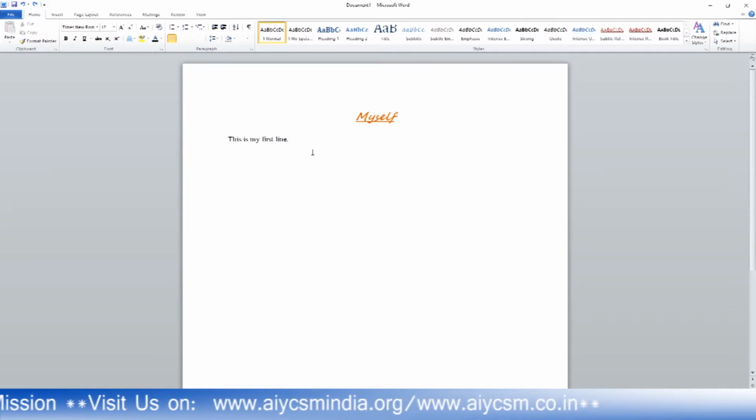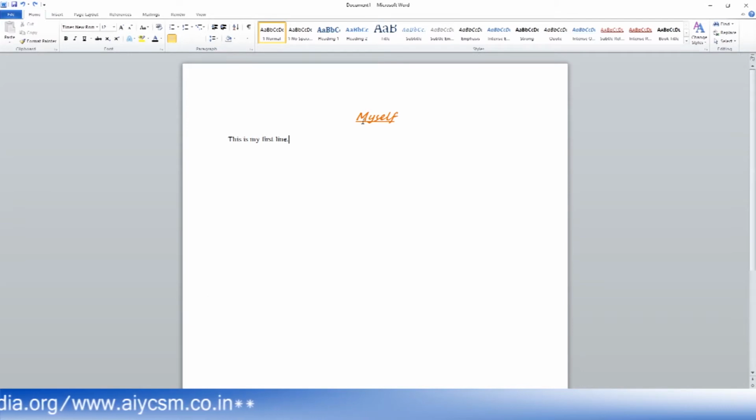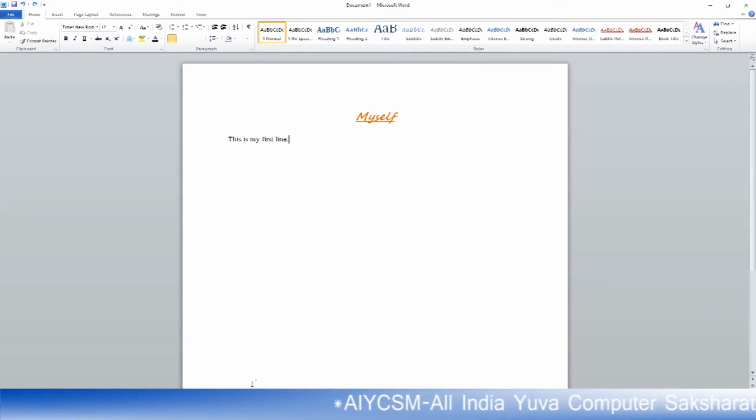So this is how the different applications work. From there you can see you have one page, you have 6 words: 1, 2, 3, 4, 5, and this one is 6 words. Okay, everything is like that.